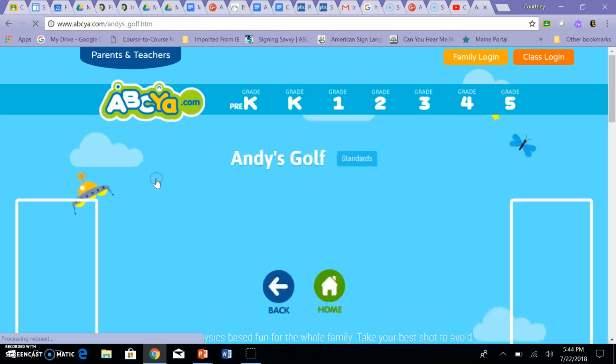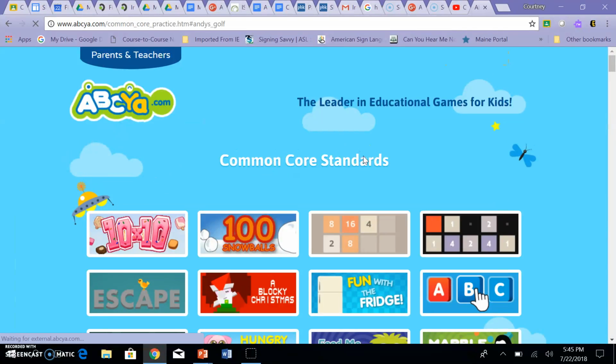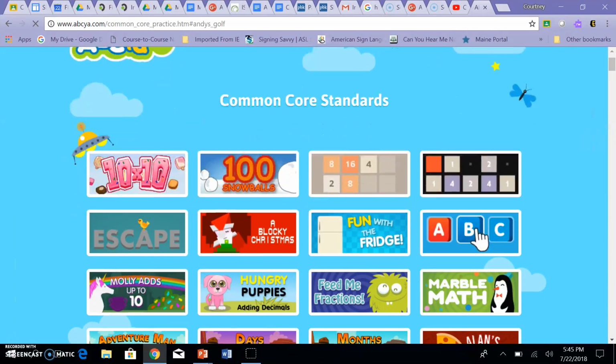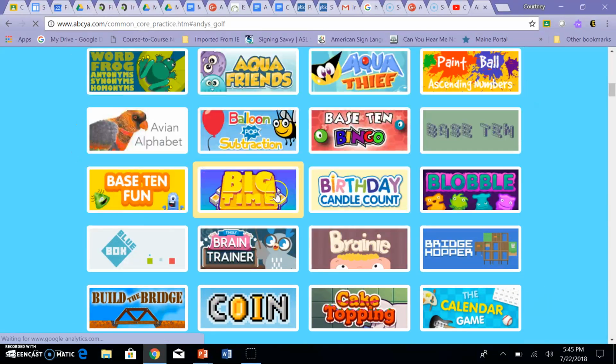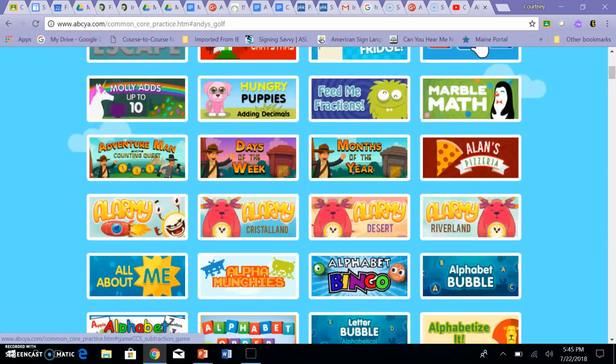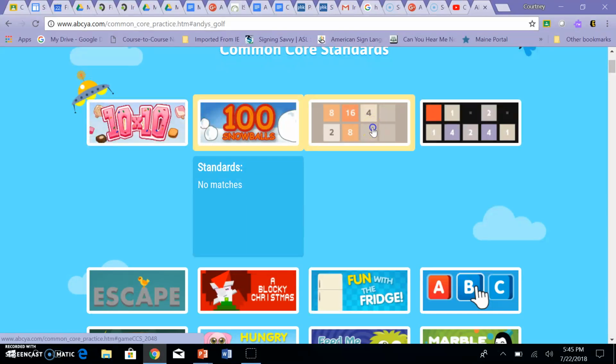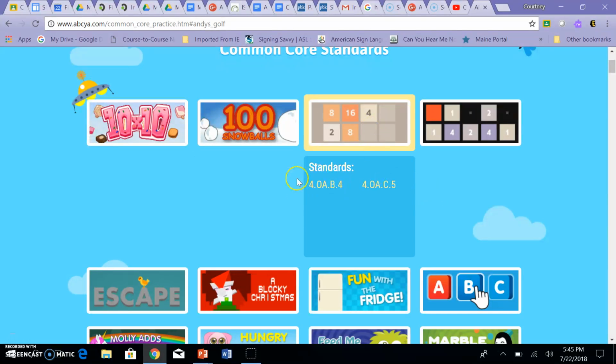And something that I thought was really interesting is that if you clicked on the standards here, it pulled up the Common Core standards, so you could pick on particular games, and you could see how it aligns to different standards you're using. So here we go. This one